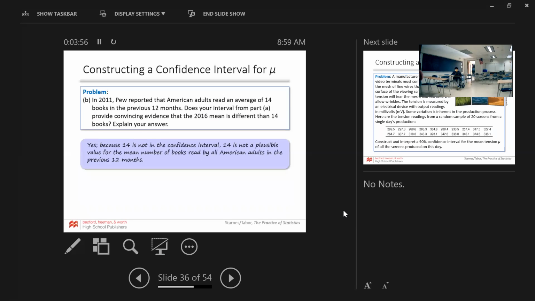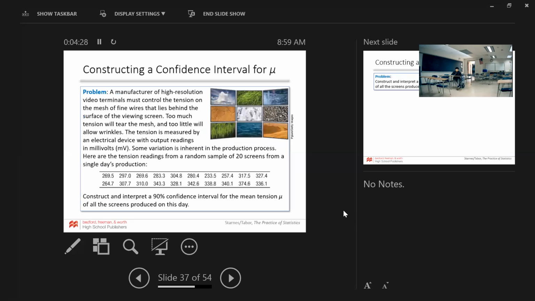Now, what about this? How about from 2011? 14 is outside the confidence interval. It provides convincing evidence that in 5 years, the mean has changed. Now, maybe the 2011 data was incorrect, but 14 is not in the confidence interval. That gives you evidence that the mean has changed. Next thing,